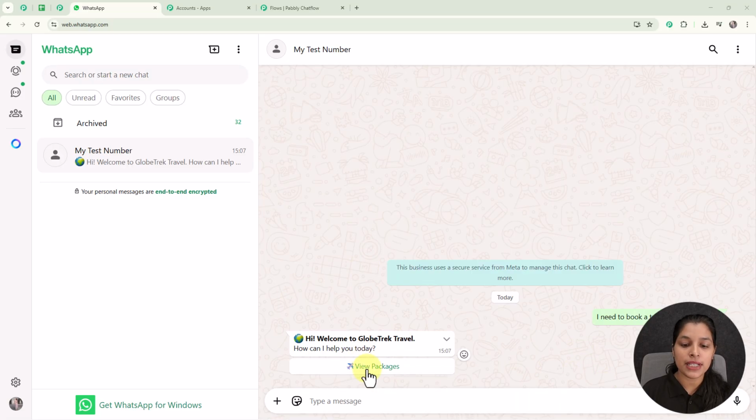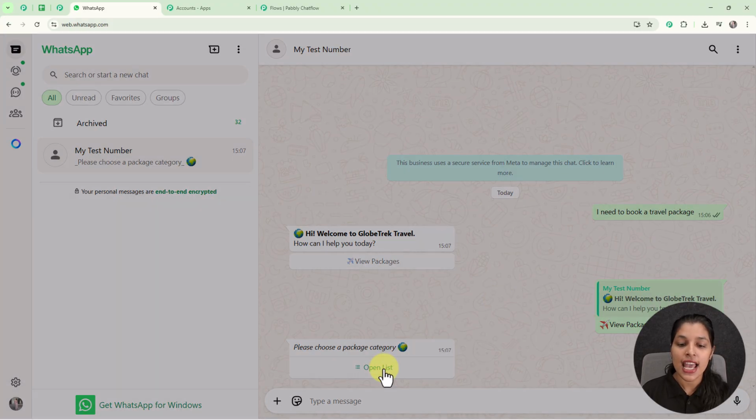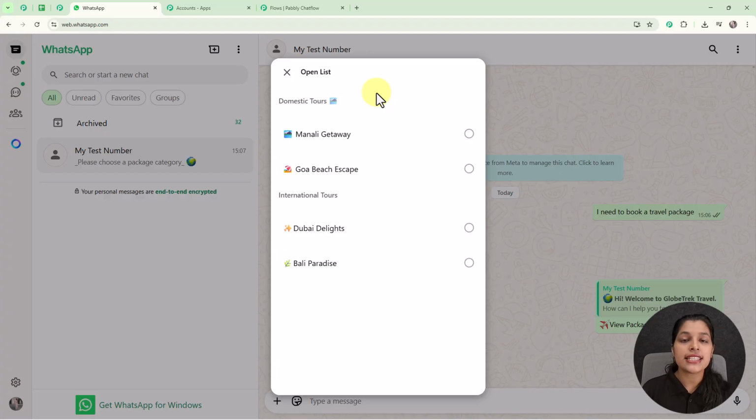And here we are getting a button, that is view packages. Now let's select this button, and as I have selected it I am getting a message consisting of the list of the packages. Let's open this list and see the packages. Here you can see I am getting the packages in two sections, that is domestic tours and international tours. I am going to select the first item of the first section, that is Manali Getaway,